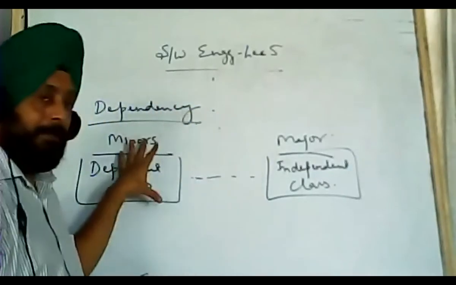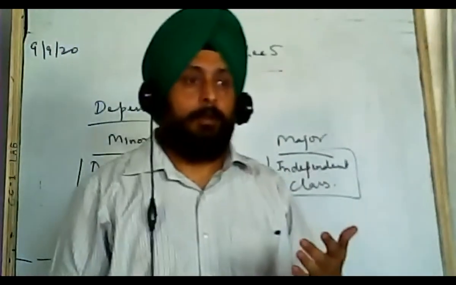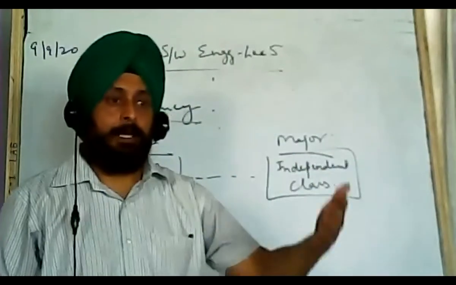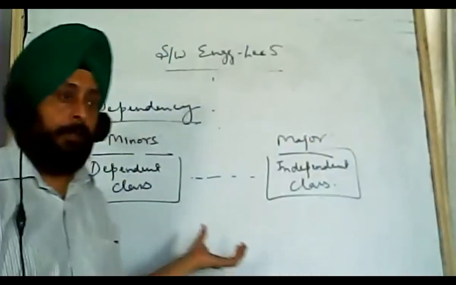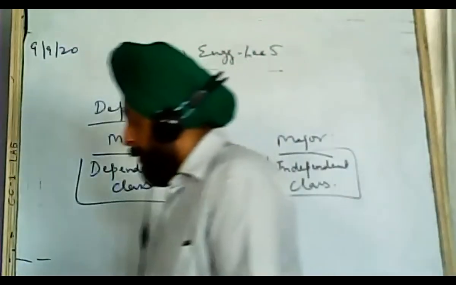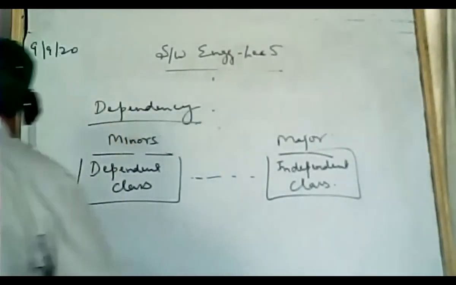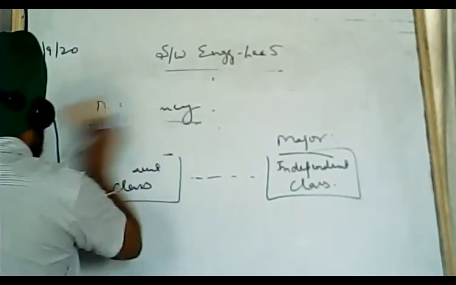The instance of one class is dependent upon the instances of another class. So these are the concepts of class and objects we have been doing. We started with the class, then what is an object, that is an instance of a class, what are different types of relationships, then the concept of encapsulation, the concept of abstraction, and different operations, which are known as methods or functions. So this is all about classes and objects. One more concept was left. It is the concept of polymorphism.